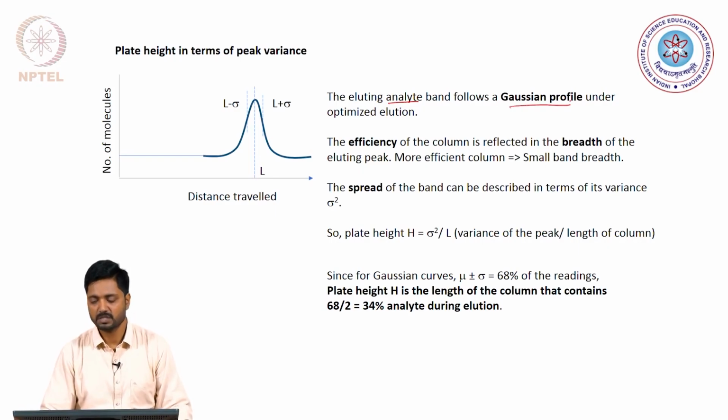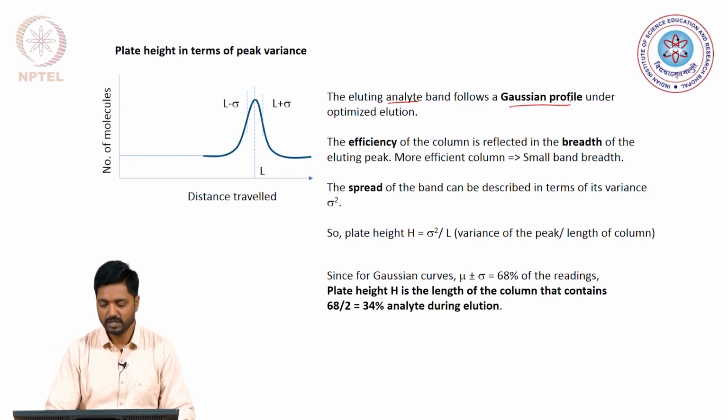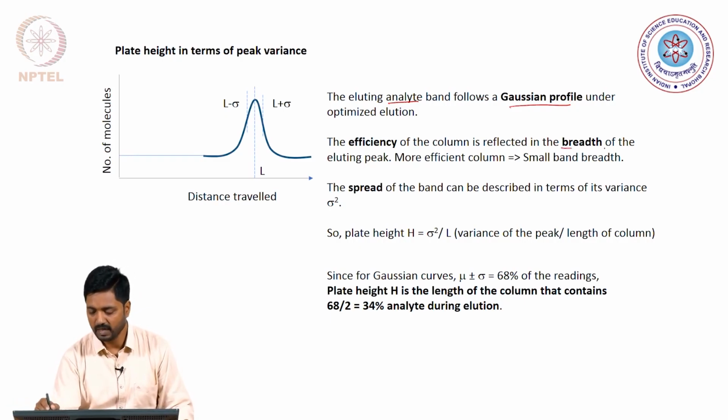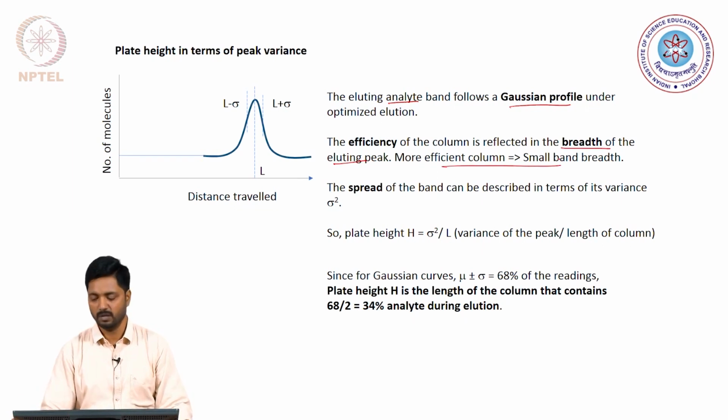This Gaussian profile arises for various reasons which will be discussed subsequently, but what is more important is that a more resolved or efficient separation would be one in which the breadth of the eluting peak is small. So, a more efficient column will imply that the peak breadth coming out from the column of length